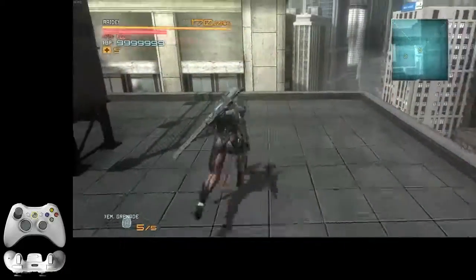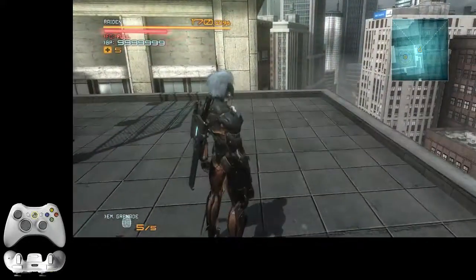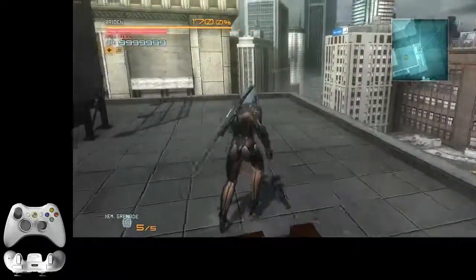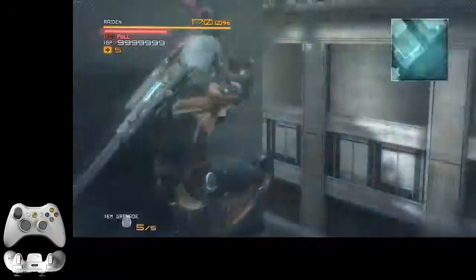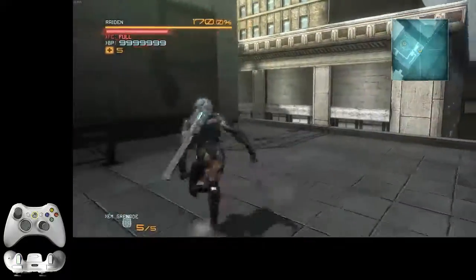So one thing that you can do is that Raiden can actually jump a bit after what you'd expect, sort of after he runs off a ledge. So it gives you a bit more distance to work with. And another thing is to remember that you can just spam out blade moves like this, if you're too far away, to gain a bit of extra distance,